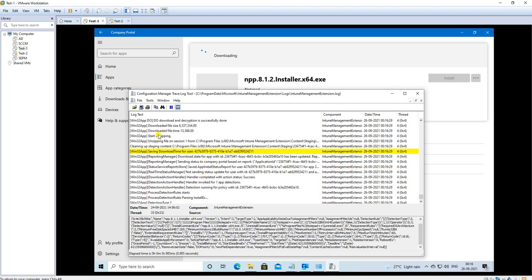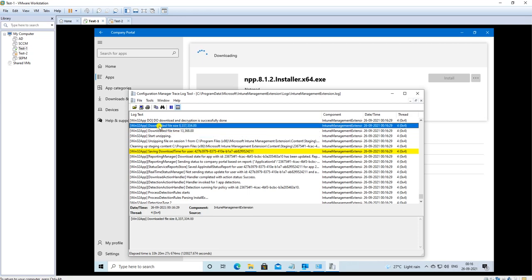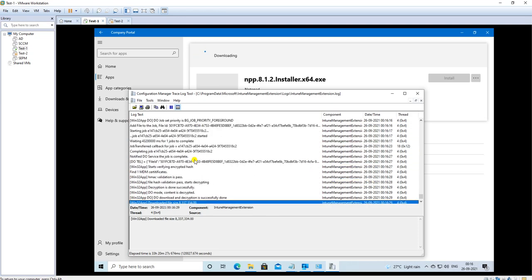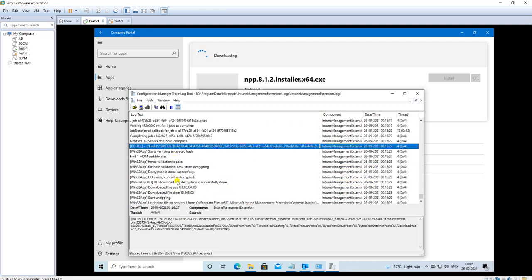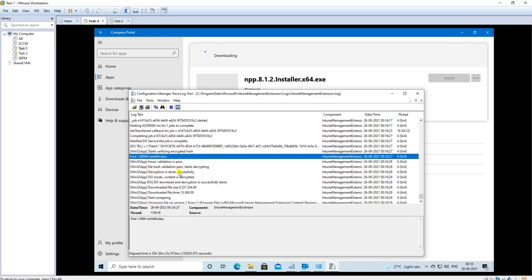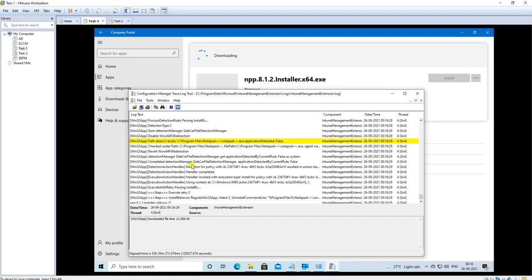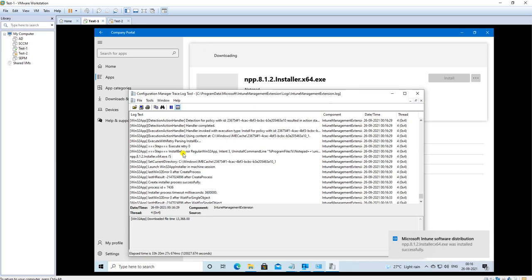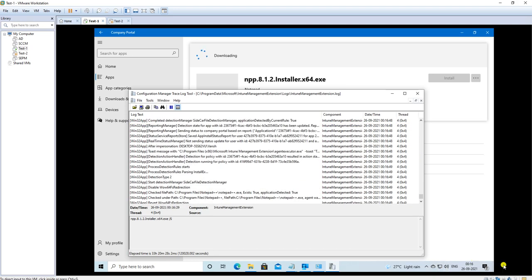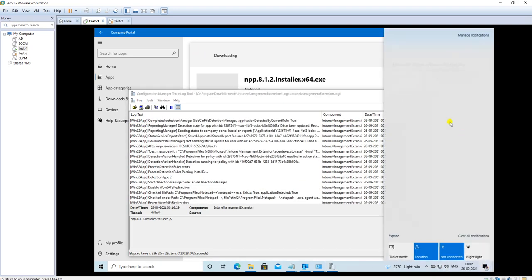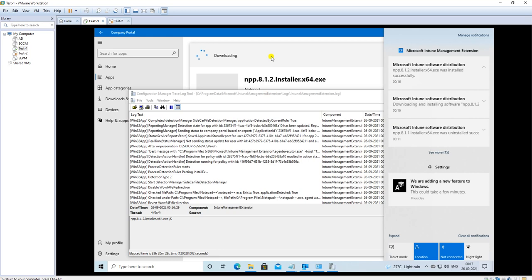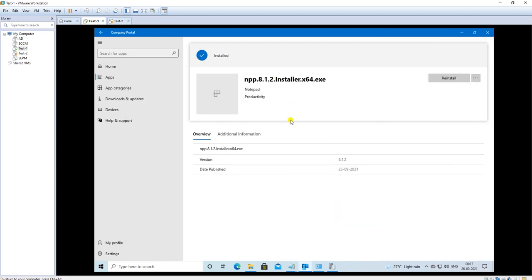If you see here, like starting the unzip, it is downloading this file. The file downloading is going on here. From where the file size, this is for the 8.2, and this is the installation path for your application 8.1.2, and now we are getting the message it got installed.